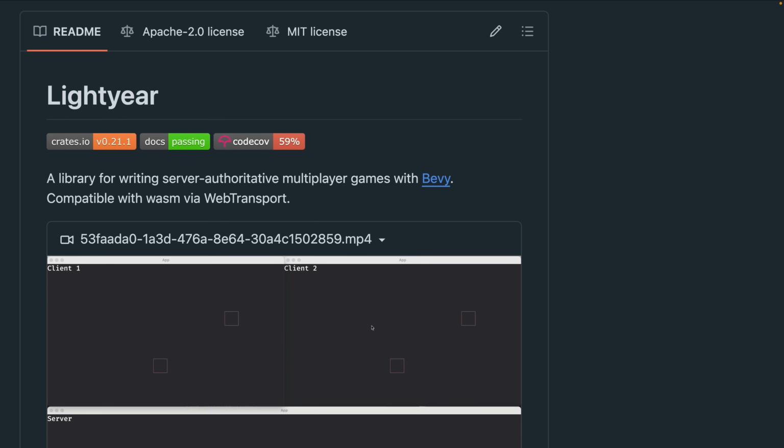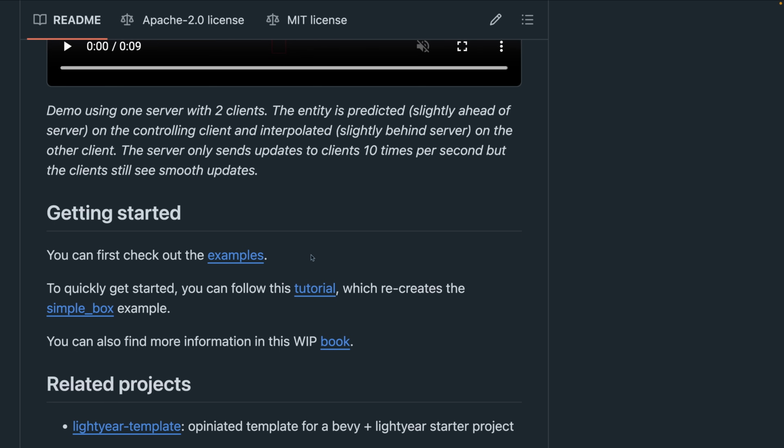And next up, we've got a big one in Lightyear 0.21. Lightyear is a full-featured networking library for Bevy, and 0.21 has brought a full rewrite of the crate, which in turn brings things like Bevy enhanced input support and more. The documentation includes examples and a tutorial, as well as a work-in-progress book, so if you're interested, definitely go check